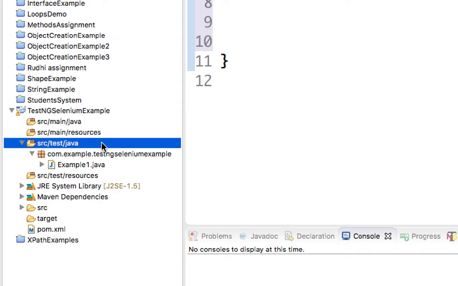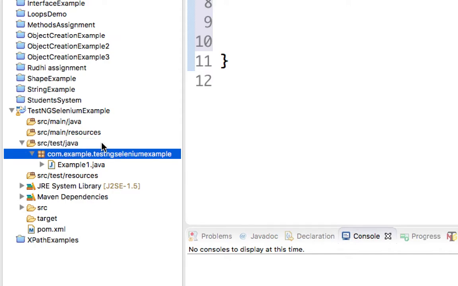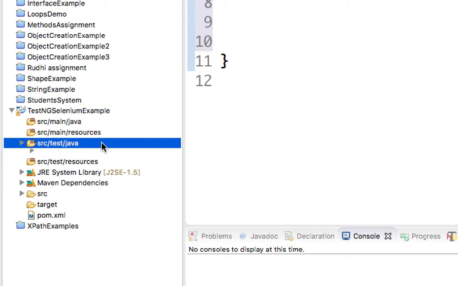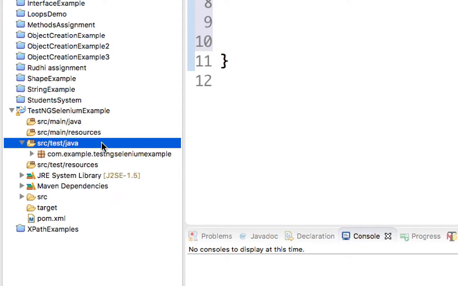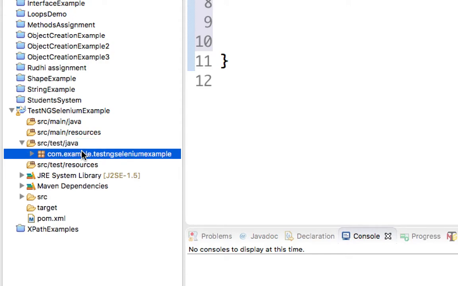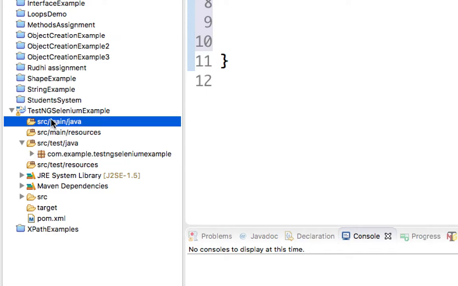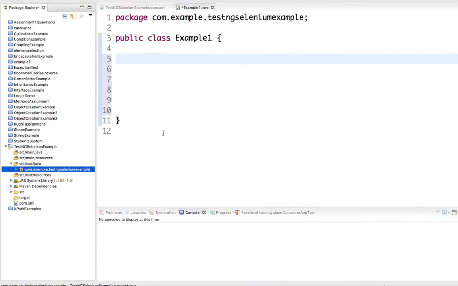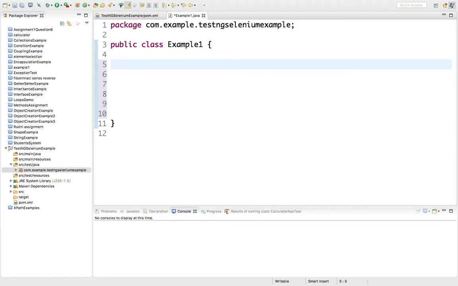So Maven will automatically take these classes which are present within src/test/java as part of a test case. Maven is going to tell TestNG to test these things. Maven is never going to tell src/main/java classes to be tested. Understood? Fine. So now we have the class ready, in which I'm going to have a method public